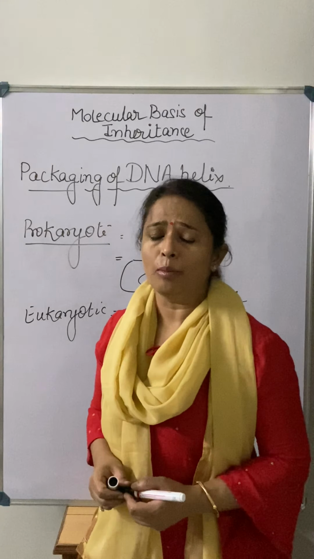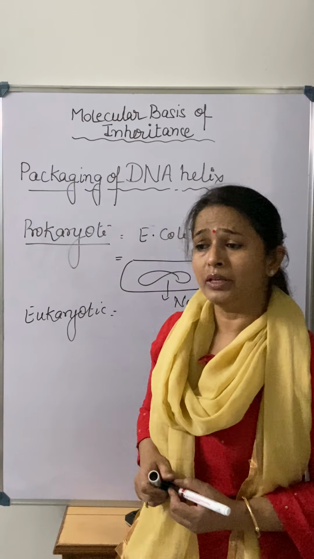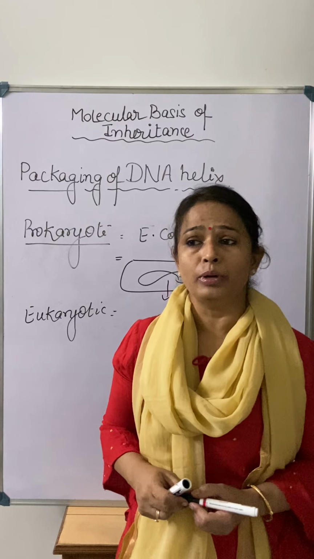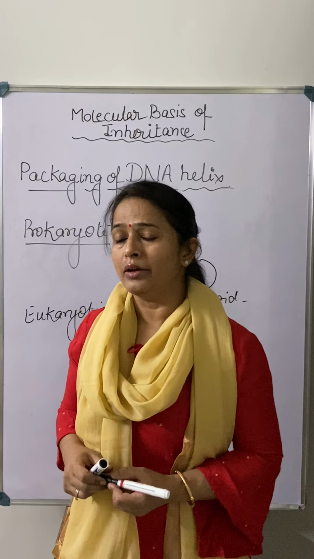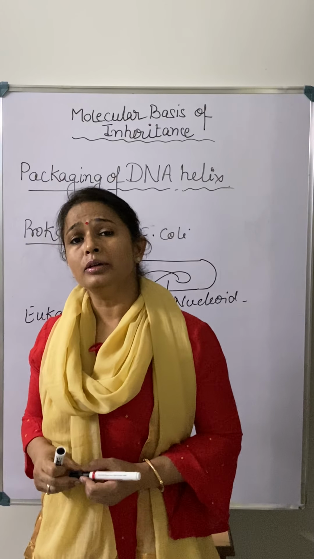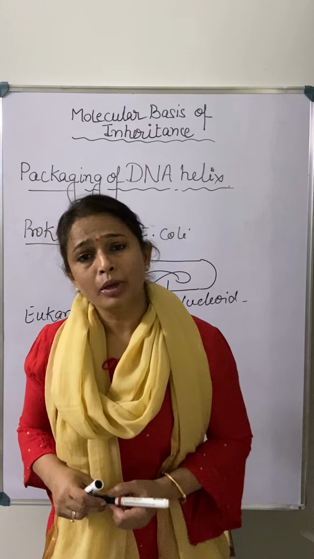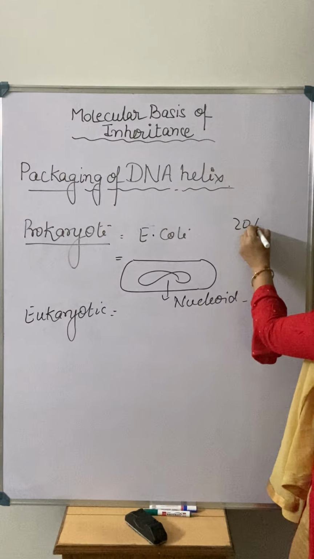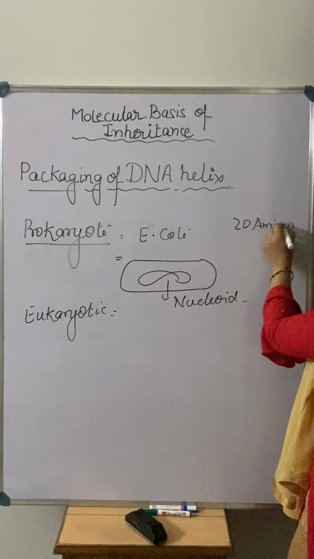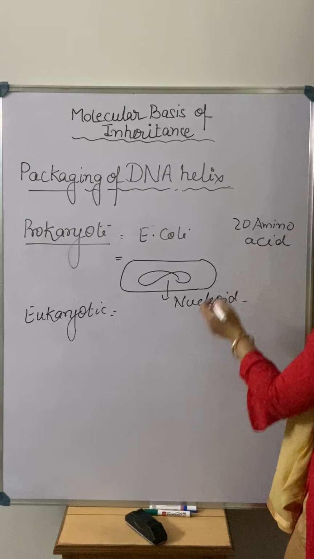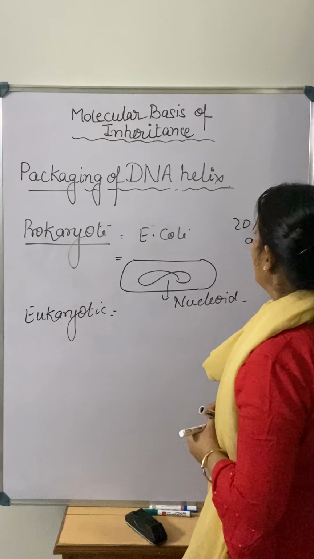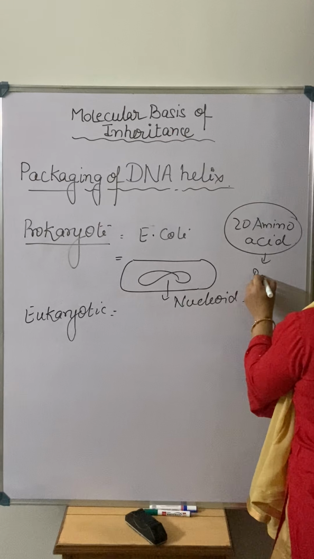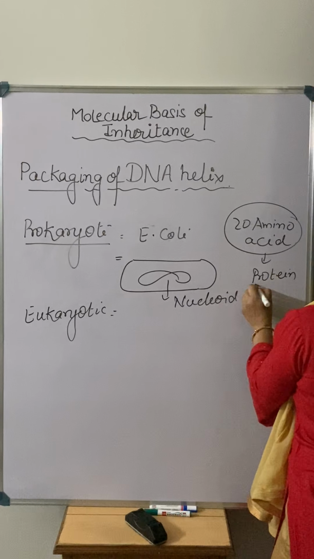Packaging of DNA is very complex. You know very well, if we talk about the formation of a protein in a biomolecular structure, I have told you that proteins form with the amino acids. And how many amino acids do we have in a cell? Almost 20 amino acids, right? So these 20 amino acids are present where? In the cytoplasm of the cell, and by these 20 amino acids there is a formation of a protein, right?